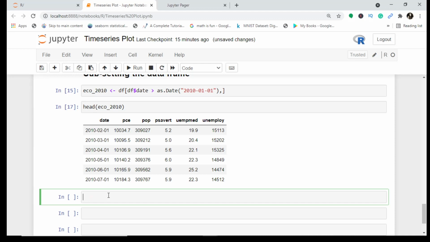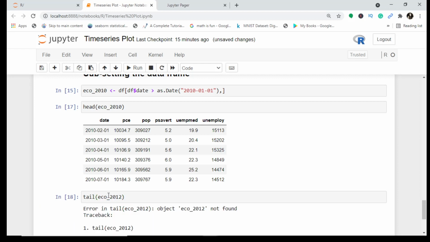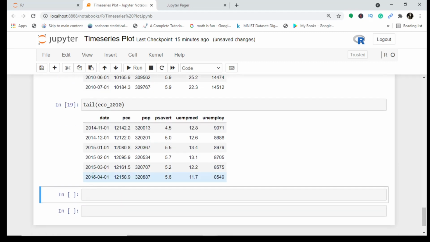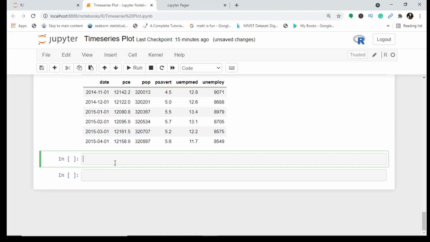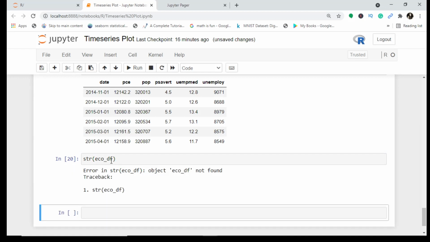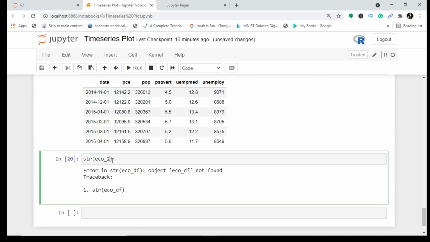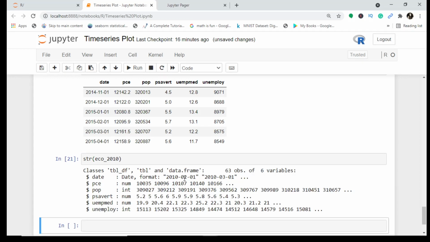I can find the dimension. Of course this would be the same. Then you can see the tail to understand till what year you have this data. And that is like 2015, 4th April 2015, right? Okay, so this is what you have subsetted, and you can also find the structure of this data to understand how many rows have been taken.